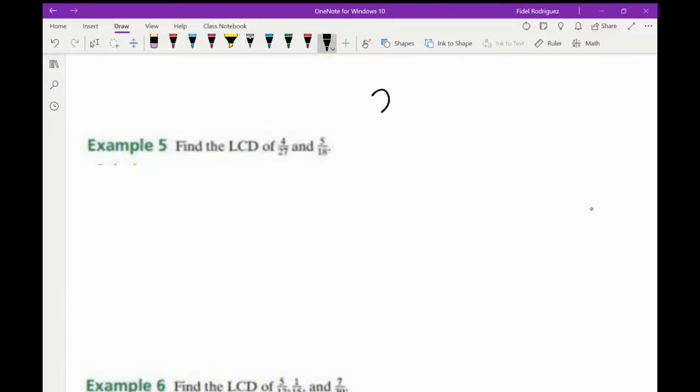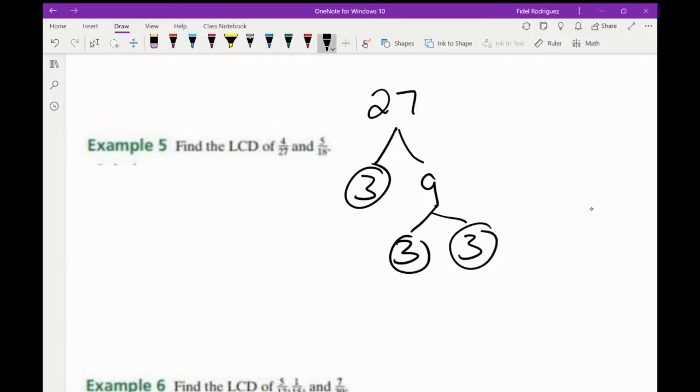So I'm thinking of the number 27. And so, guys, when I think of the number 27, there's a couple of numbers that I know multiplied to get 27, and those are 3 and 9. And what we're going to do here is keep playing this game until we cannot break it down anymore. So I know I can't break down the number 3, but I know I can break down the number 9 into 3 and 3.